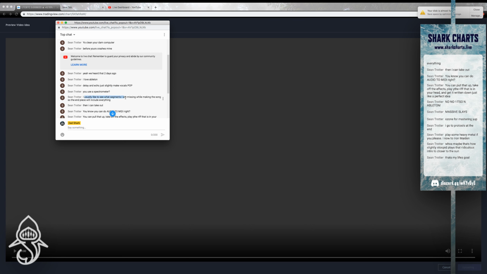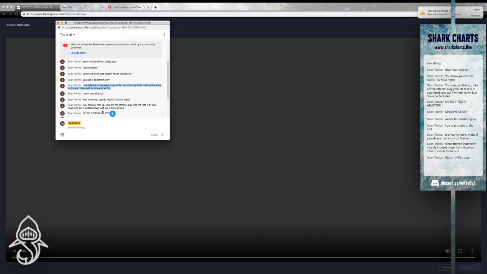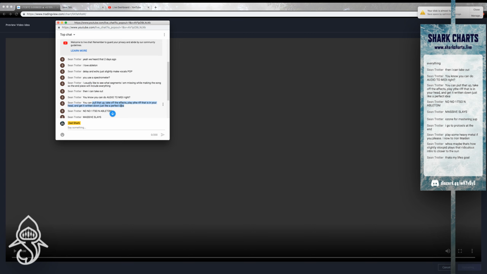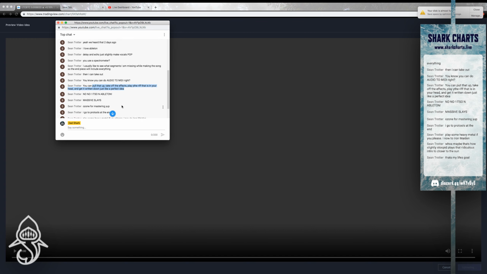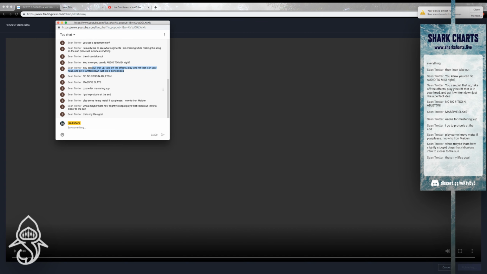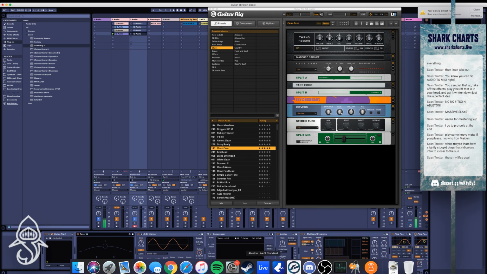I usually like to see what segments I'm missing while making this song, so the end piece will include everything. You can pull it up, take off all these effects, play the riff in your head, and then write down. It's like the perfect idea. Yeah, I just play piano though, and if I have a good chord progression, I'll just do it there. Kind of just do guitar because I really like the limitations, right? So,